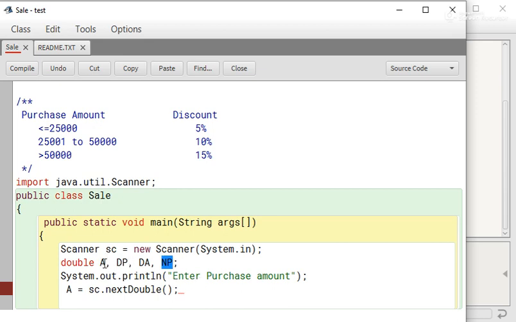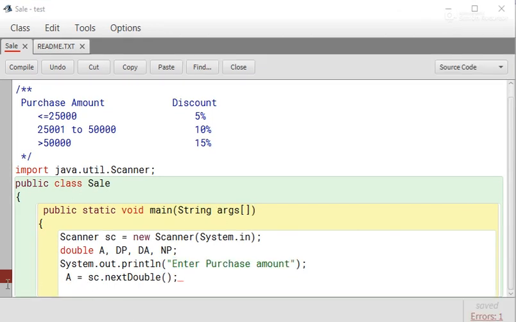What is the purpose of a? What is the purpose of dp? Anyway, in amount variable, we have received an amount in double data type, that is purchase amount. Whatever user enters, the purchase amount will be stored in a variable, that means amount variable.